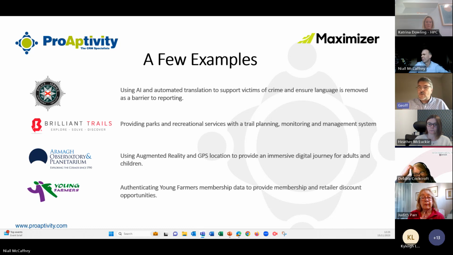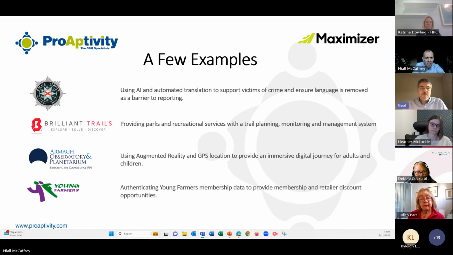So a few examples, and may I say that we're a small organization. We're not like the big guys, but we have done what I feel are some transformational work with certain organizations. Of course, the lead logo there is the PSNI here. So there is a well-known problem that exists in policing. It's somewhat of a political one, but it involves racial discrimination. The biggest problem with racial discrimination is that most of the people who are the victims of it are not